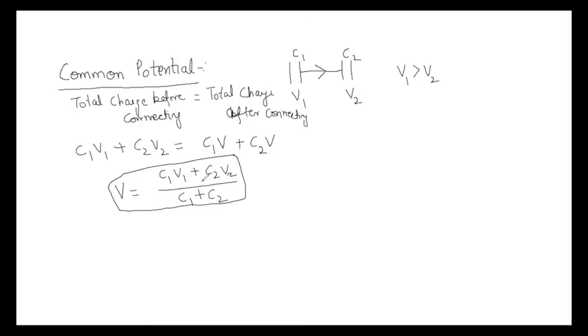So here we see that the total charge lost by one of the capacitors will be equal to the charge gained by the other capacitor. But this is not true for the potential. Only the charge lost by one capacitor will be equal to the charge gained by the other. Now, when the charges are transferred from one capacitor to the other, there is some loss of energy. So the next topic is loss of energy during sharing of charges.